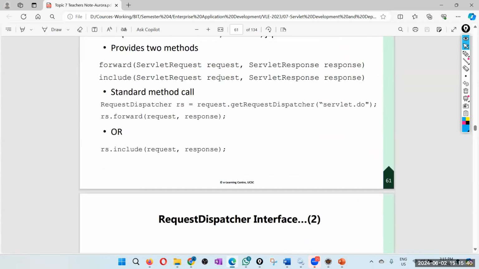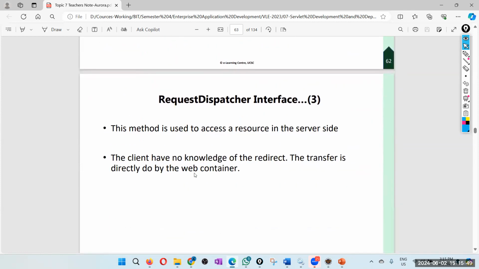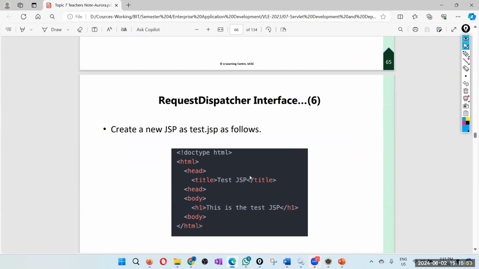We remember we discussed the request dispatcher, forwarding and including. Forward, include. We did an exercise for that. We did a similar example